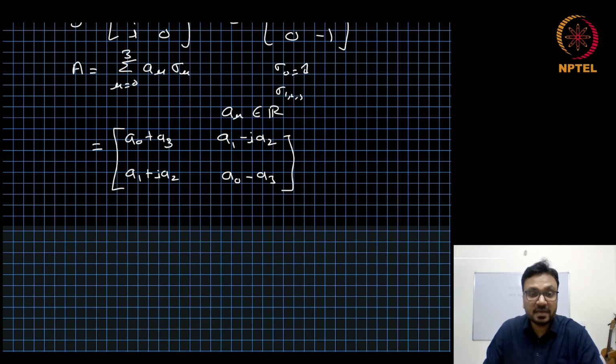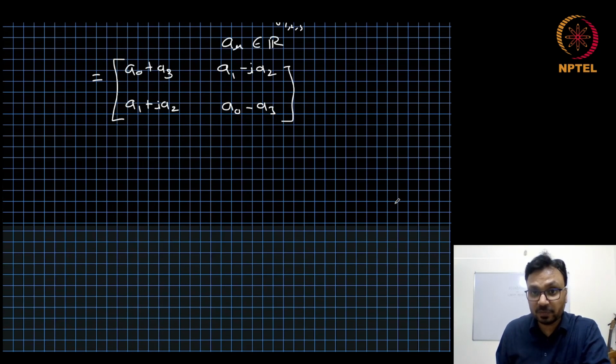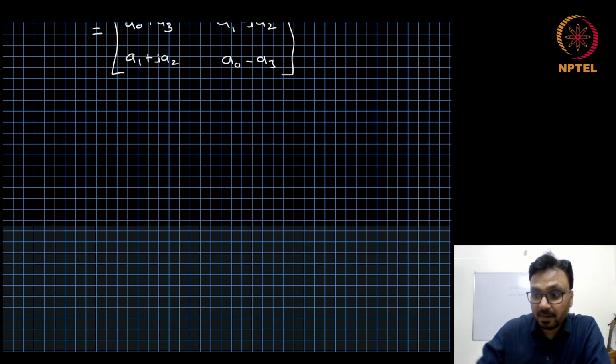We can see that once A1, A2, A3, and A0 are real, then this is a Hermitian operator. And we can also see that if we are given an arbitrary Hermitian operator, we can always find A0, A1, A2, and A3 for that operator. So this becomes the representation, or decomposition, of a Hermitian operator in terms of Pauli matrices. The expectation value of A in a given state psi is